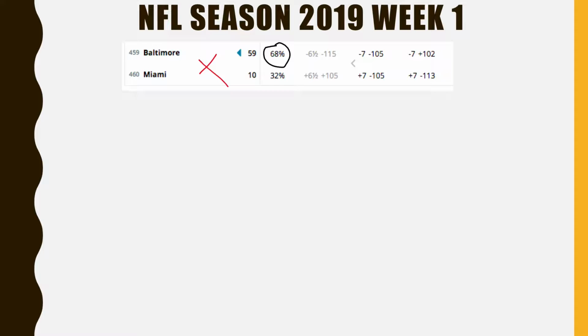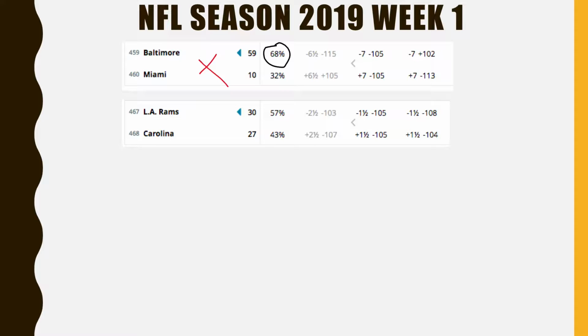So actually the line moved a half point in this situation. And generally you don't see a lot of line movement in week one because there's just not a lot of statistical data. They keep the lines pretty tight here. And as you know, it turned out that Miami's not that good. If they could go back, knowing what they know now, this line would be a lot different. But in any event, this was a loss per the rules.